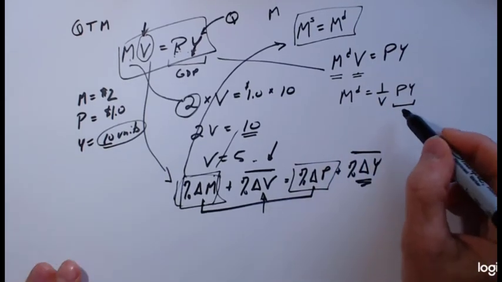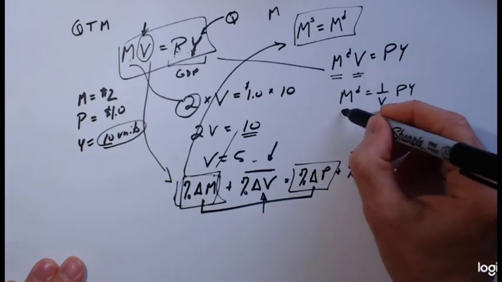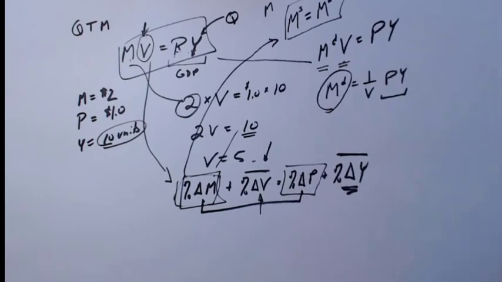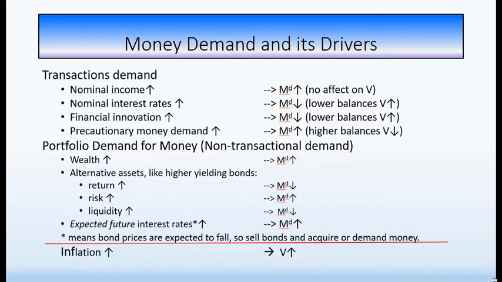So now let's look closer at what drives money demand. Now what I want to cover is the velocity of money and its connection to money demand and money demand drivers. So I've organized the relationships on this one slide. It's kind of busy. Don't lose me. I'll go through it piece by piece, and we'll have a much better understanding when we get done of the relationships that are going on here.